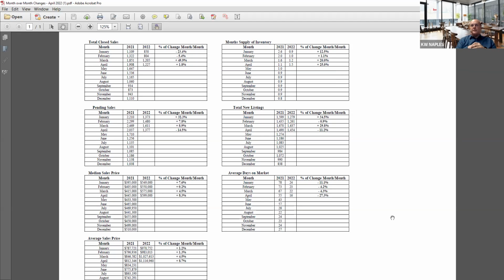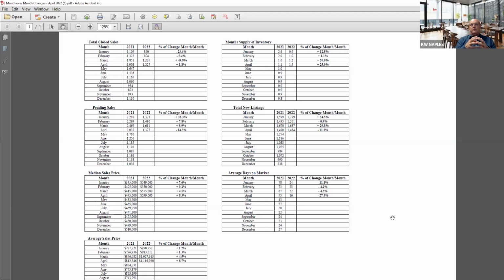We'll look at a couple other things here in a minute, but the other thing that's really kind of a byproduct of this is, if you have sellers that you've talked to about the amount of equity in their home, and they're like, gee, I'd love to sell, but I don't have anywhere to go. As this month's supply of inventory goes up, more and more places for them to go are on the market, right? So everybody wants to sell high and buy low, but really the market that you sell in is the market you buy in. But at least there's choices,